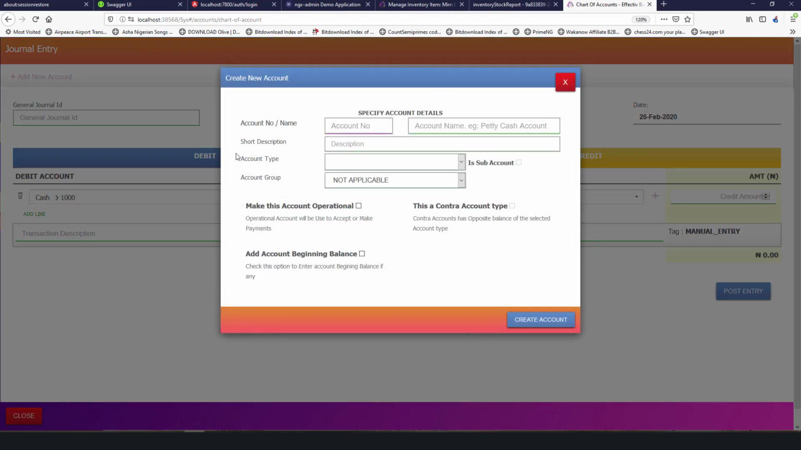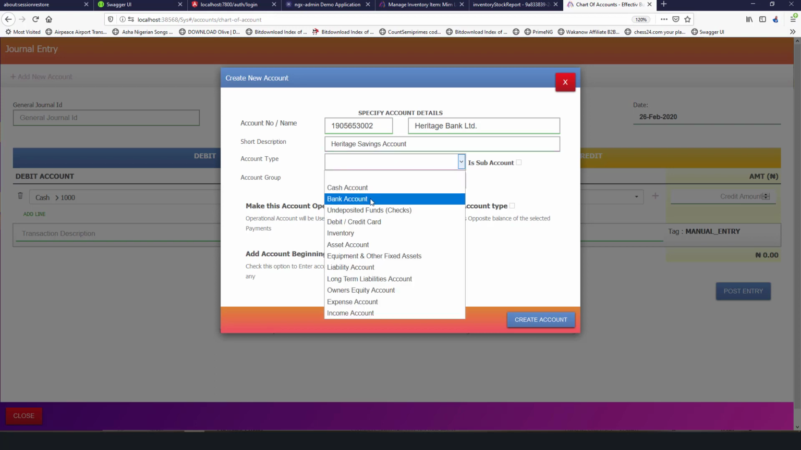Like I said, nothing was configured. Now let me add a bank I do business with. So put Access Bank account number 1905. I say Heritage Bank. So Heritage Bank savings account. Account type is bank account,